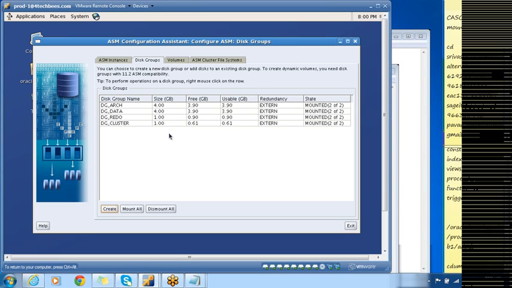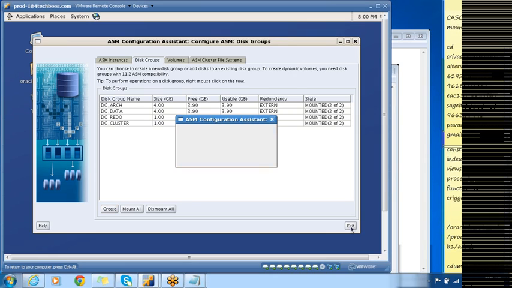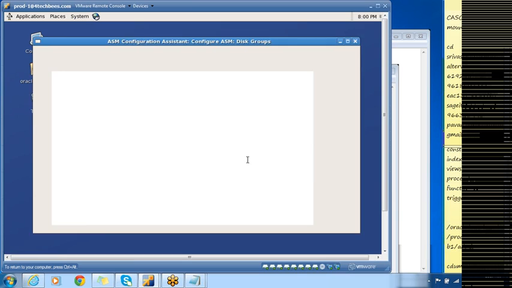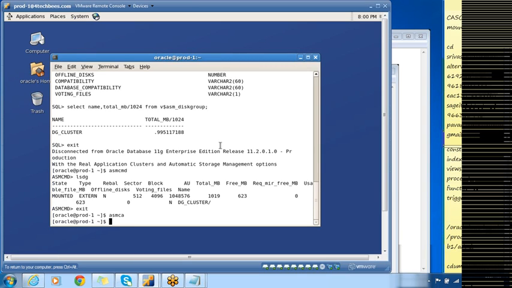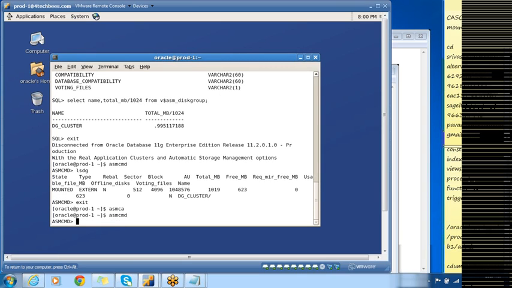Okay. Now we have all the required disk groups. Just click on exit, and let me go into ASM CMD.